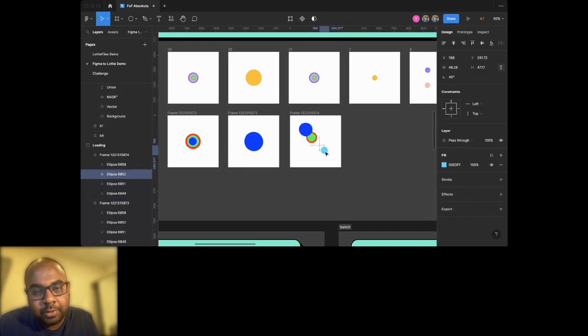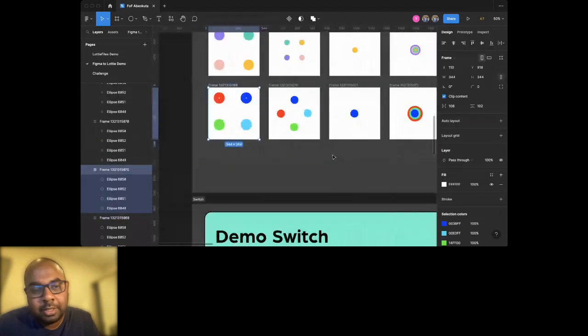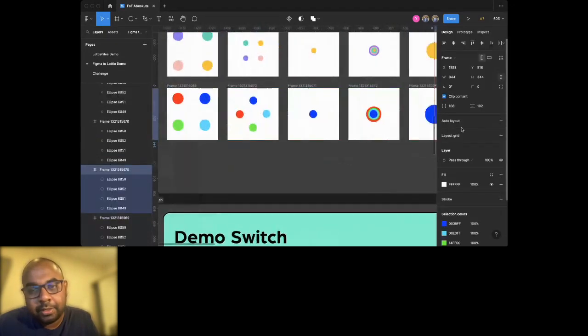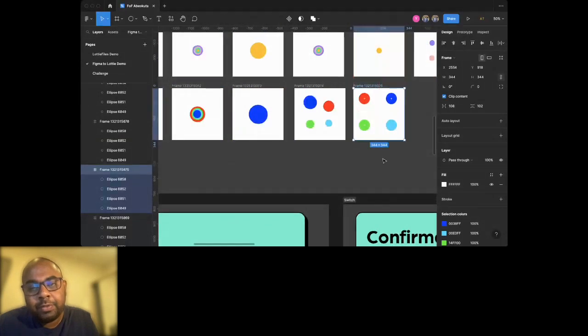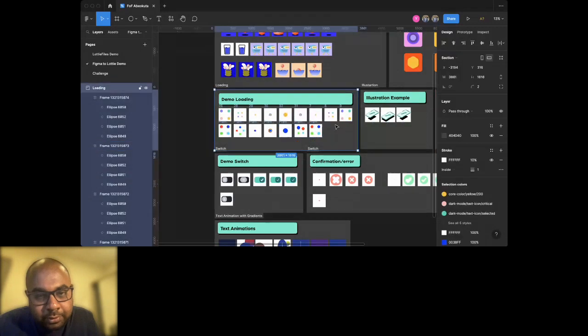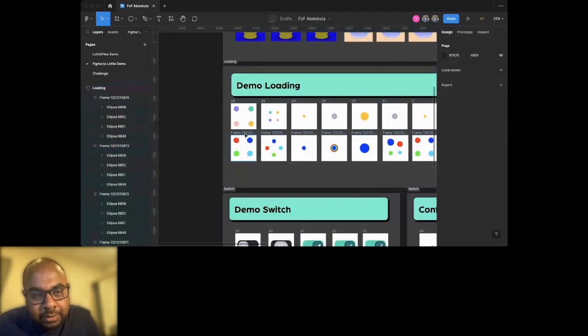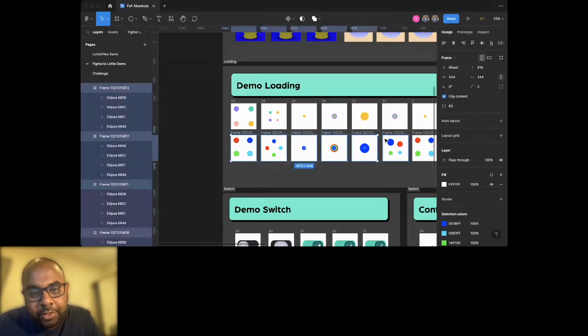Just put them out randomly. And then I'm just going to copy this last frame and put it in the back. Now, there are a couple of things you can do. You can either select all these frames,